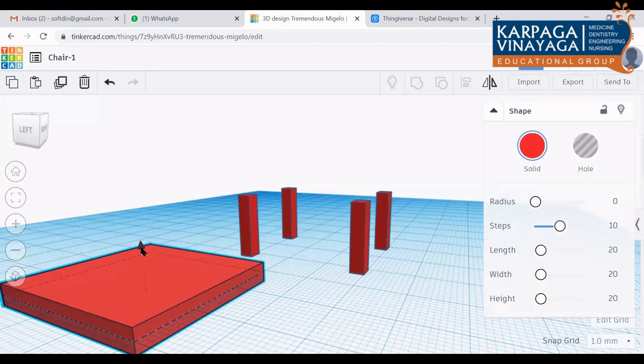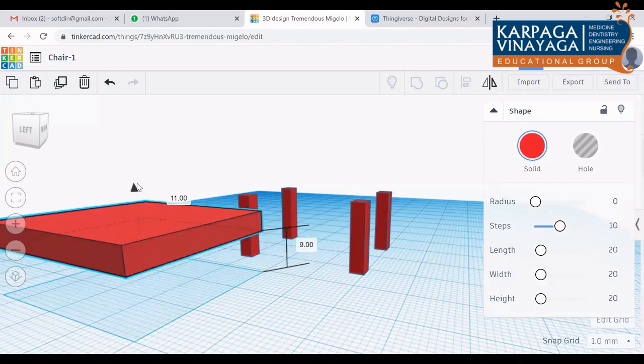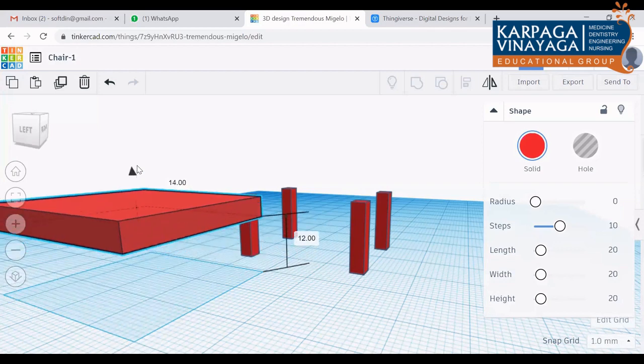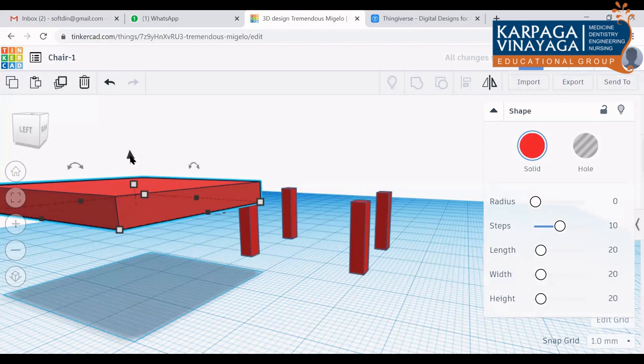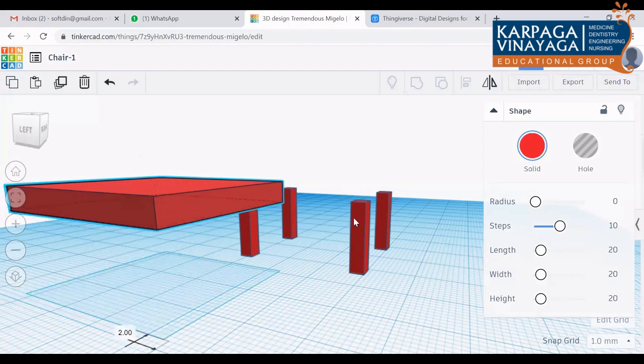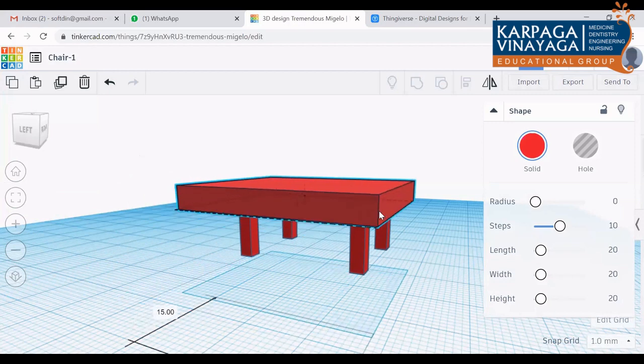Click the left button of your mouse. You just move that like this in upward direction. So it will move up. How much distance you want, that distance it can move up. You got it? Yes, sir. Once it is done, then you can move this over these legs.